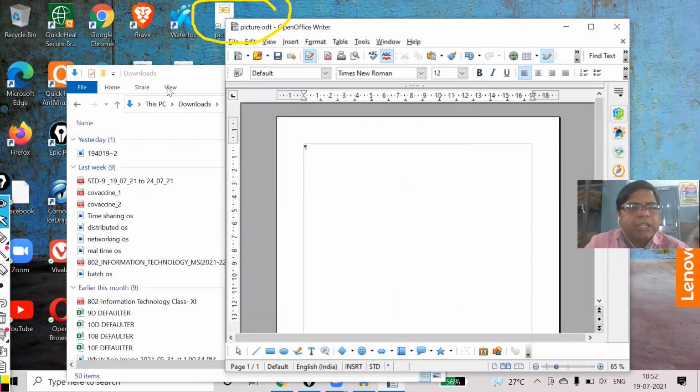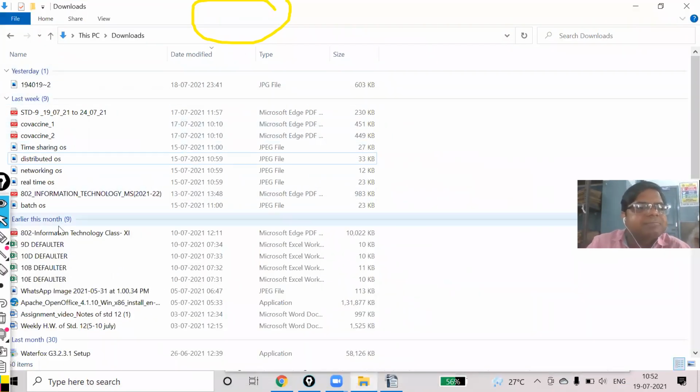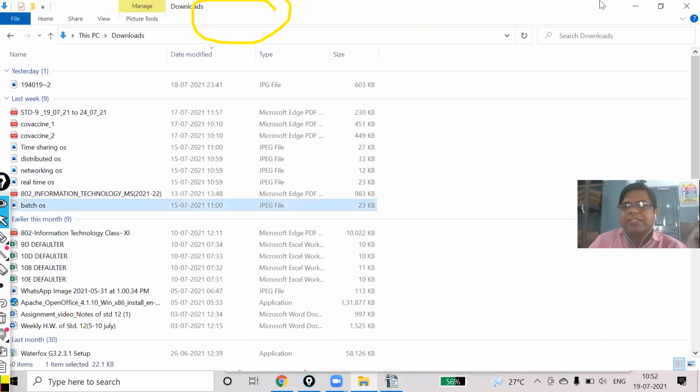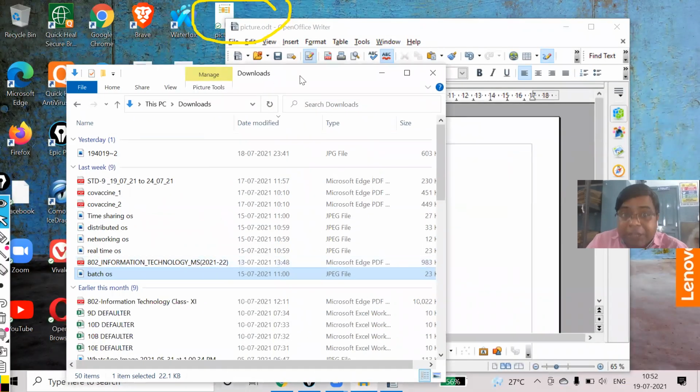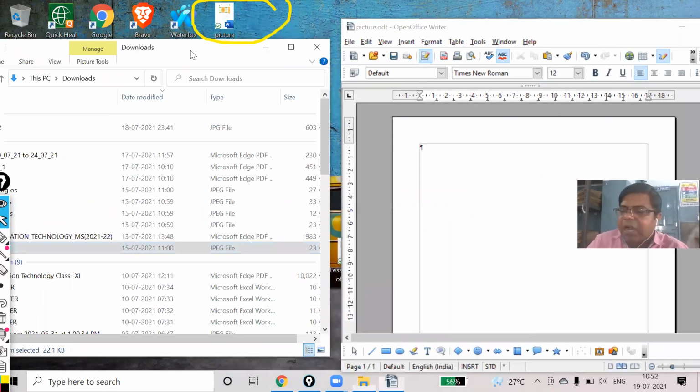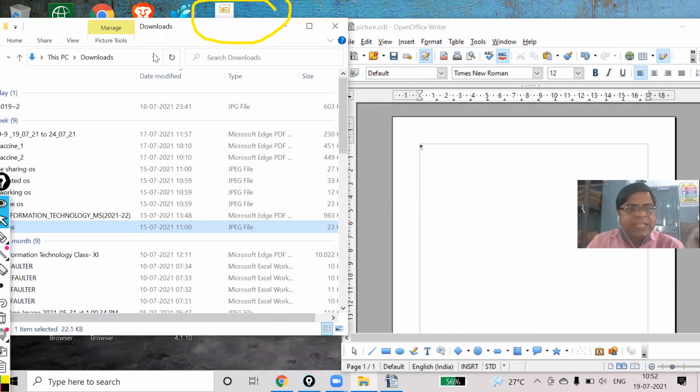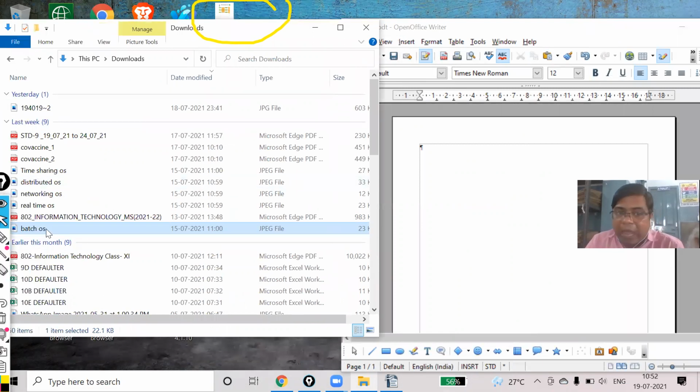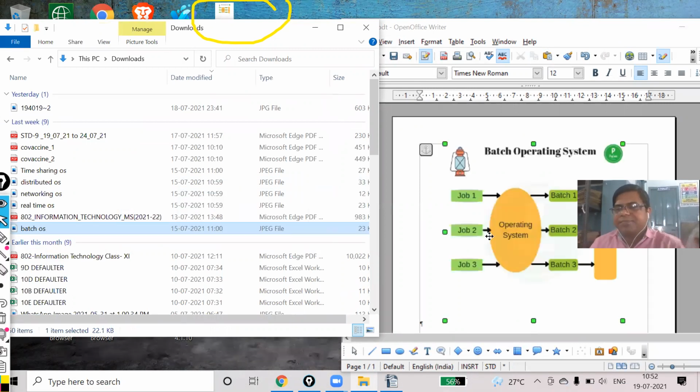Okay, now that picture has come. Batch OS, it has come. You can see it. Now I'm going to insert this picture, but this picture will behave as a link. So in that case, I will use the same process, but in between, I will press these two keys simultaneously. Control, Shift, and drag it.